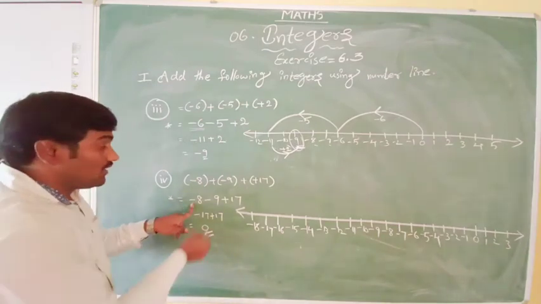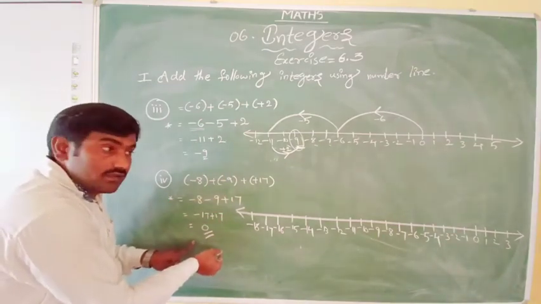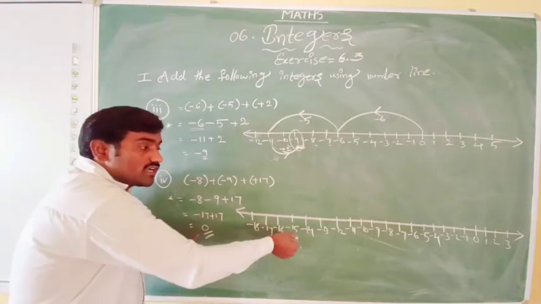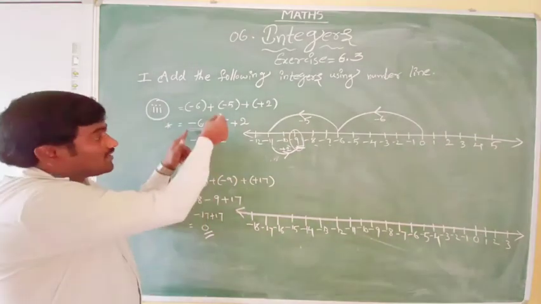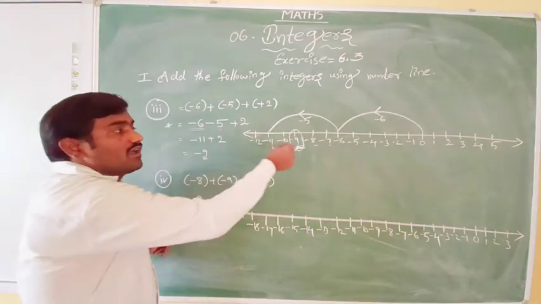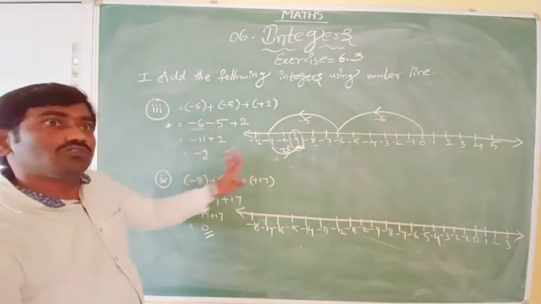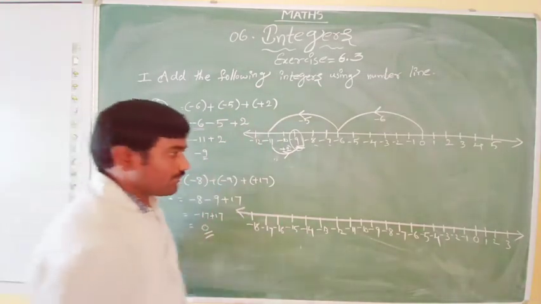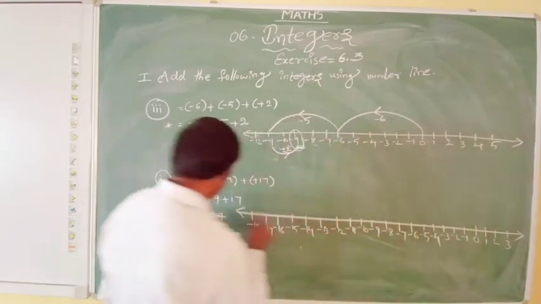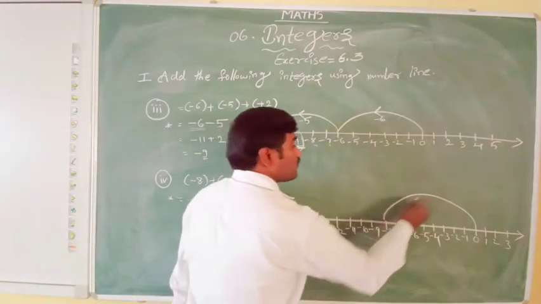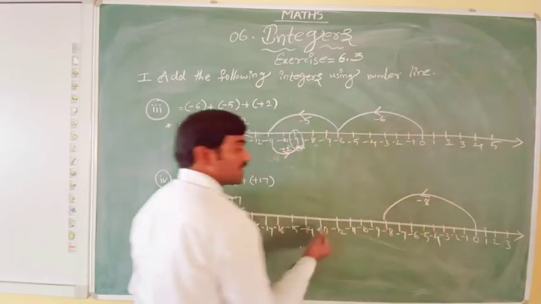Now first is what? Minus 8 step. This is the simplification I have done. Let's see, by simplification we got 0. We have to get 0 on the number line also. By the simplification I got minus 9. On the number line also I got minus 9. This they did not ask, but to check I have done. Okay, from 0 to how many here? Minus 8 step. Minus in the sense we have to move to the left side. This is minus 8 steps I gave.